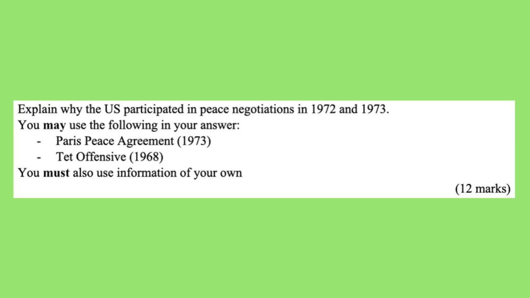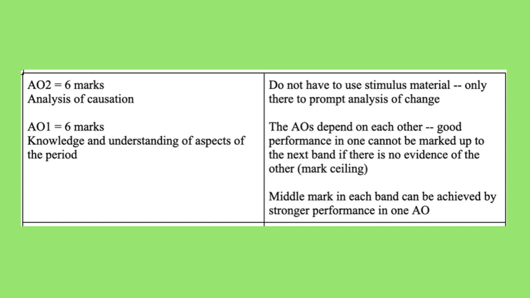Explain why the US participated in peace negotiations in 1972 and 1973. You may use the following in your answer: the Paris Peace Agreement of 1973, the Tet Offensive of 1968. You must also use information of your own. 12 marks. Here's the mark scheme for this question, which you can find out about in more detail in the